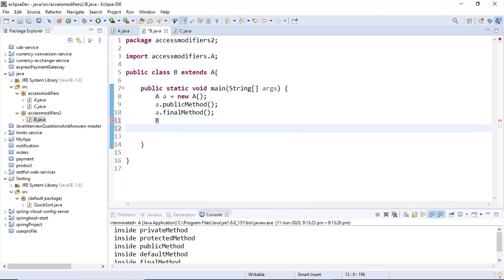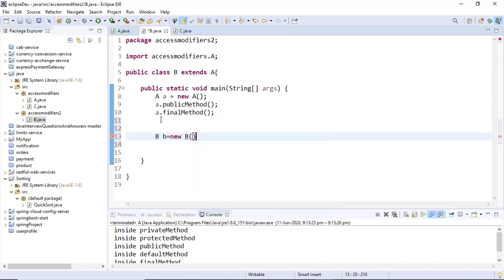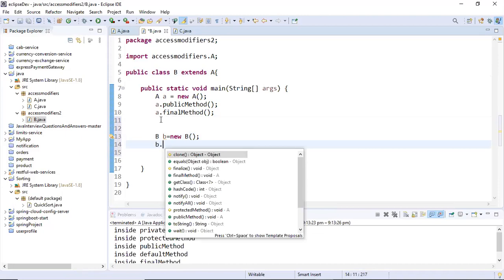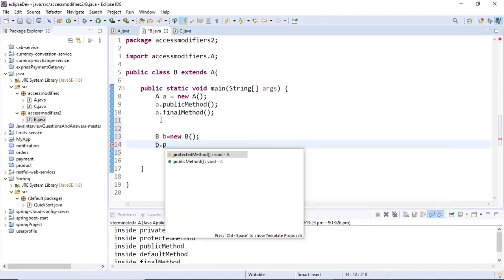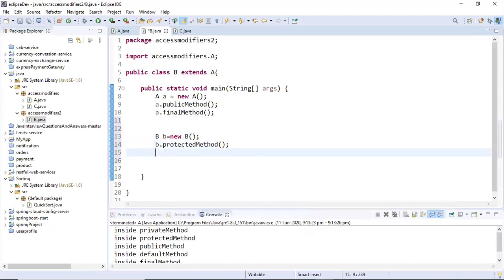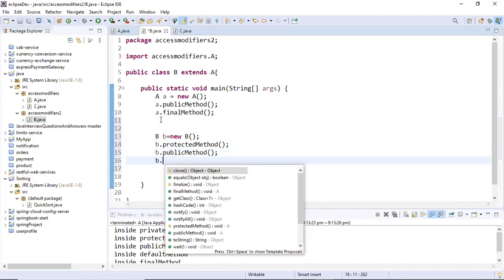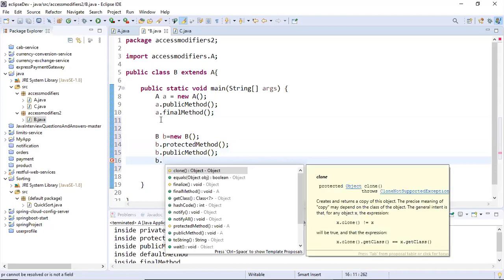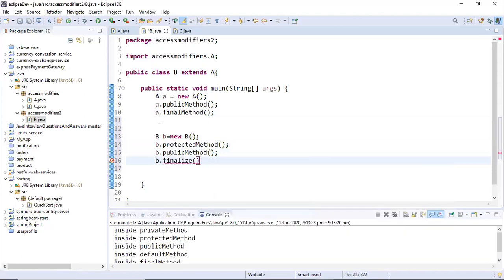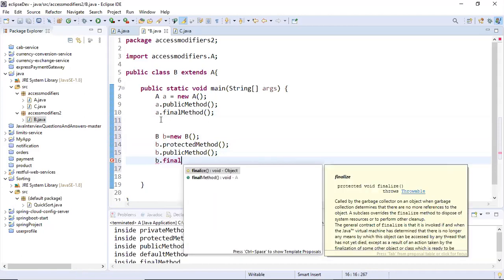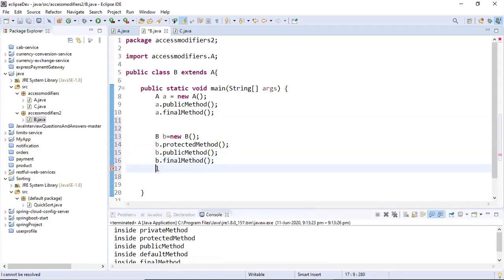Now let me try to create the objects of class B, and let's see how many methods are available. See, watch carefully. Protected is available. Public is available. Public was anyway available, right? And final is also available, right? So keep this in mind.